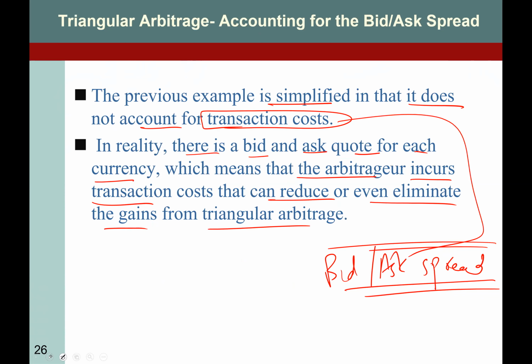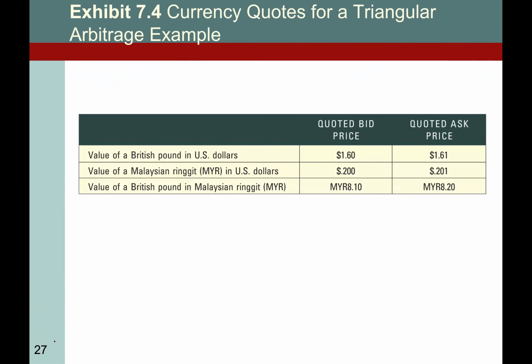So now let's talk about this in terms of bid ask, right? Now it is more challenging, but it's really fun to do that. So we have the bid price of, this is the value of pound in terms of dollar, bid and ask. This is the value of Malaysian ringgit in terms of US dollar, bid and ask. And this is the value of pound in terms of Malaysian ringgit. So you need to highlight those figures, and you need to be very clear on these kind of stuff. So let's talk about its